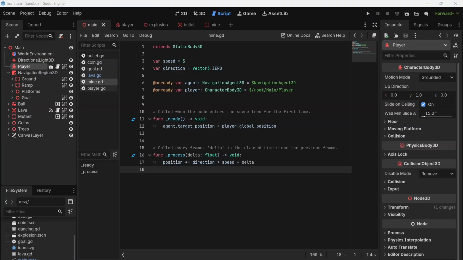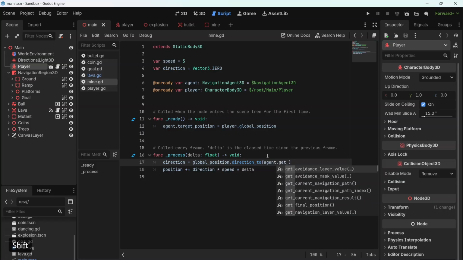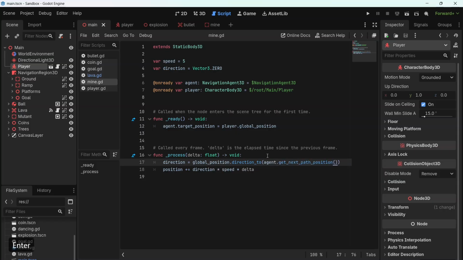Now all that's left to do is to update the direction of the mine every frame to wherever the agent thinks that the mine should go. So it's going to start from the mine's global position, and we're going to get the direction to agent.get_next_path_position. That means we've got the agent telling us at all times the best place for the mine to go. That's this script done for now. We just need to add some of those mines into our scene,